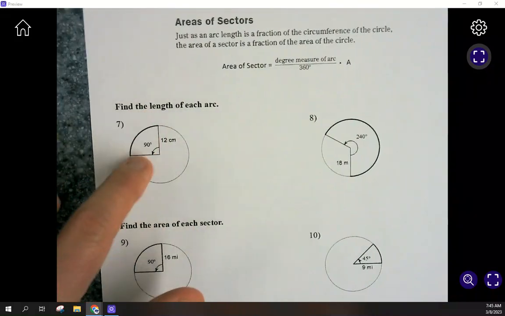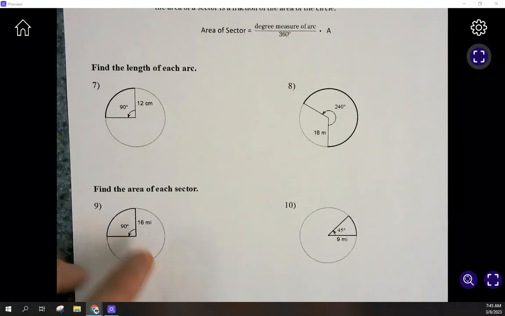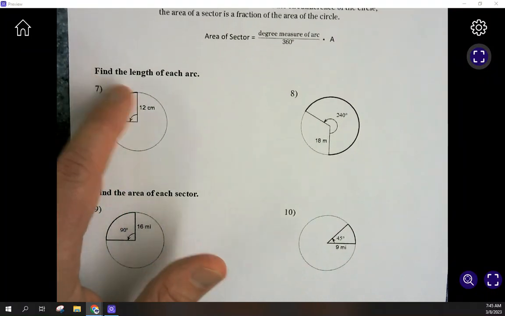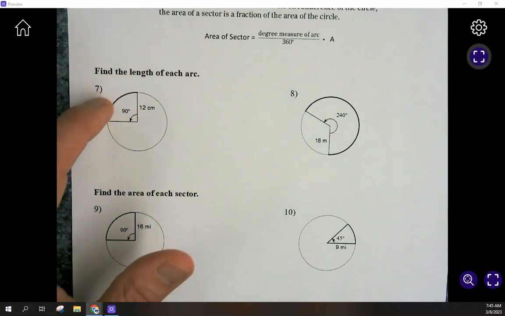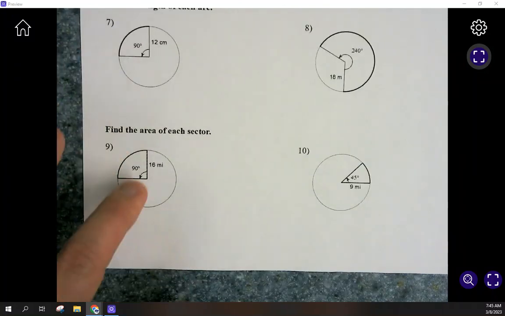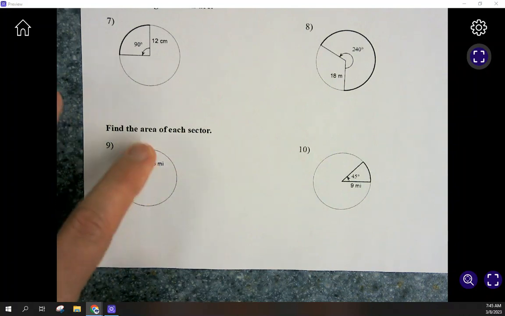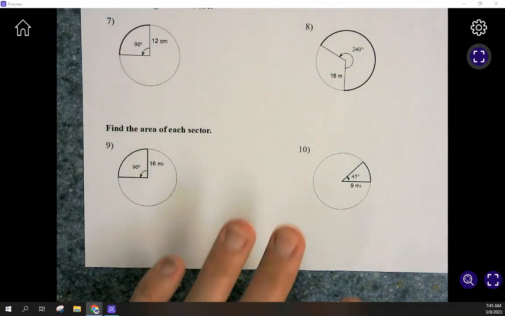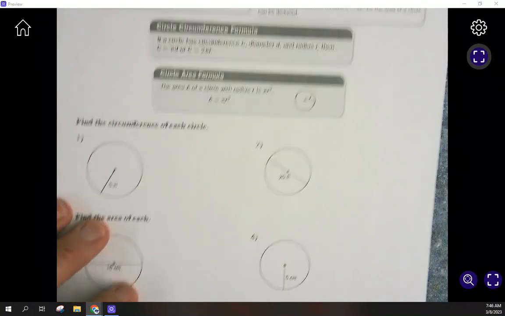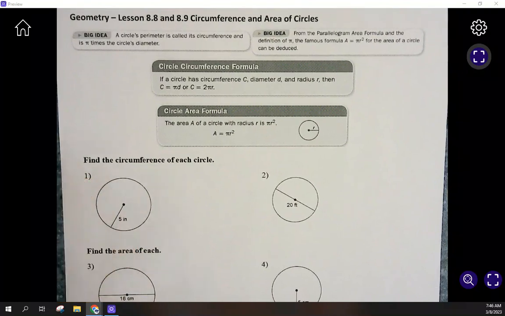The new thing that we're going to add is we're going to be slicing these into pieces, and based on the degree measurement, we can figure out the length of just an arc on the outside, or the area of what's called a sector, which is kind of like a pizza slice of the circle. We'll get to that second, but first let's run through our review of how you find the circumference